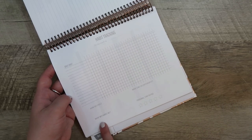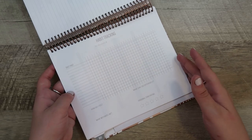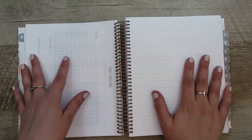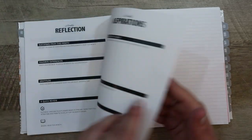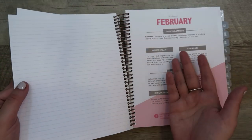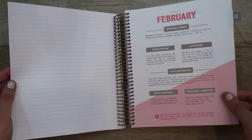So how do I feel? What can I do differently? What motivates me? And then personal star rating. And so I guess that this sort of goes with the forward-looking month, because you've got this monthly aspirations and then the habit tracking, and then you've got this notes page, extra notes page here, and then it starts into